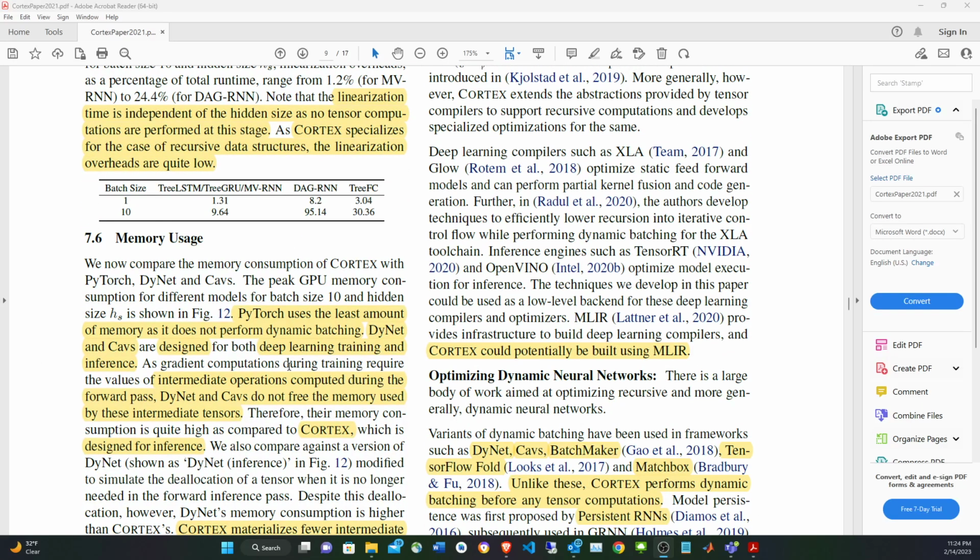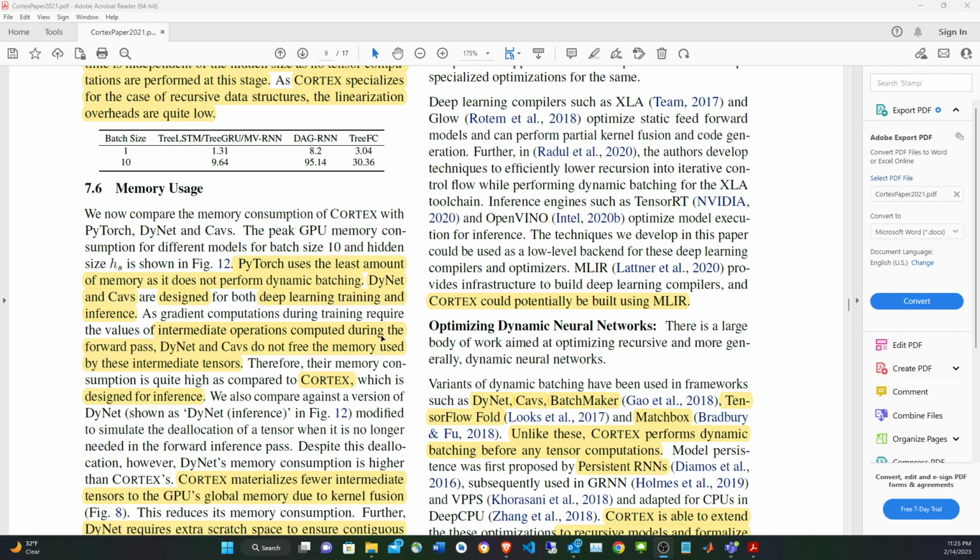Okay, he made some comments about the memory usage. He said that PyTorch uses the least amount of memory because it does not perform dynamic batching. DyNet and Cavs were designed for deep learning training and inference, unlike Cortex, which is designed only for inference. And in DyNet and Cavs,